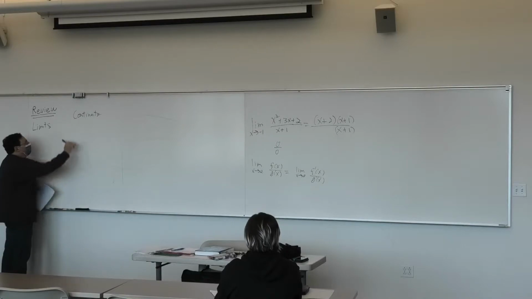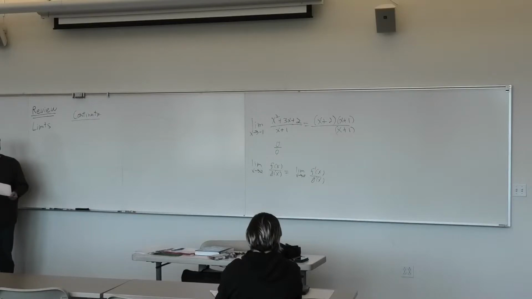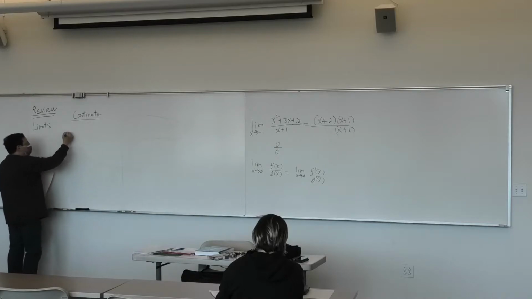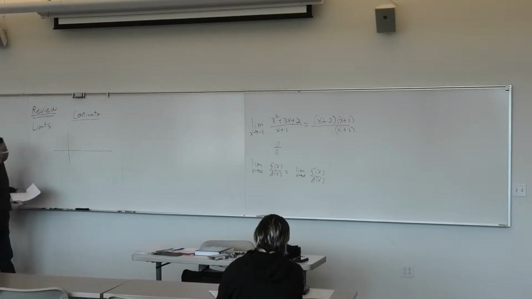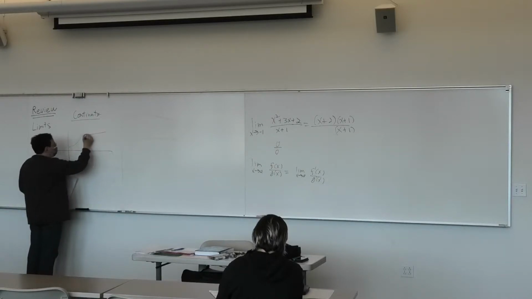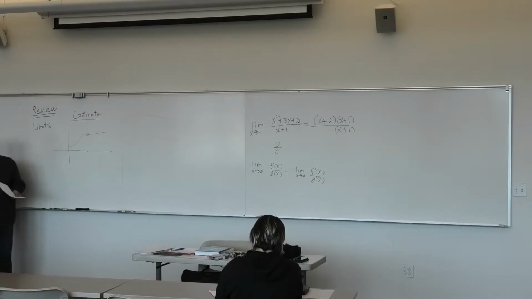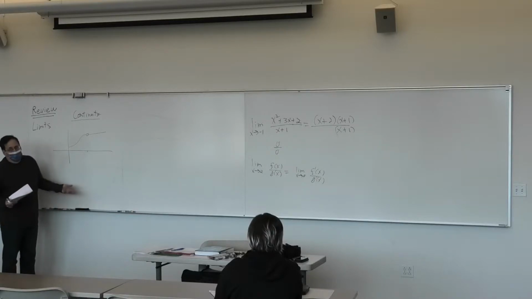I want to say a little more about continuity, or rather discontinuity. Recall that if a function is not continuous at a point, there are various ways that could be the case. One way is you have a function, and at some point you just happen to have a hole there. It's not defined there. This is called a removable discontinuity, because we could just define the function to be the value at the limit here, and then it would be continuous at that point.